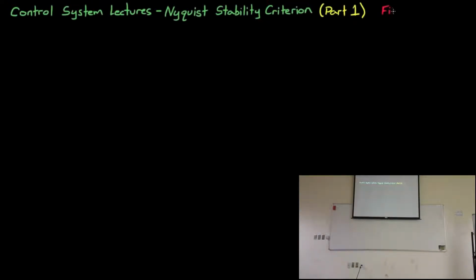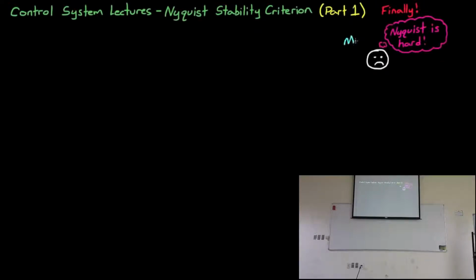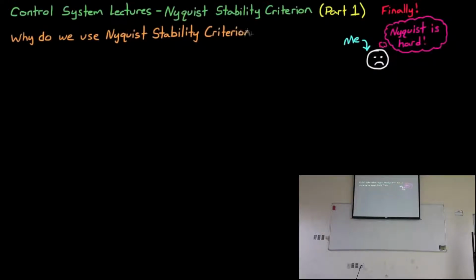Hello and welcome back to Control System Lectures. Let's cover the highly requested topic of the Nyquist stability criterion, at least the first part. This is a topic that I can honestly say I didn't really get as an undergraduate student, but it turns out that I was just being lazy because the criterion is actually pretty easy to understand with just a small amount of concentrated effort. So let me explain it to you the way I understand it, and maybe with this video and some other textbooks and other videos on YouTube, you'll be able to create your own understanding of the criterion as well. But first things first, let's talk about what we're trying to accomplish by using the Nyquist stability